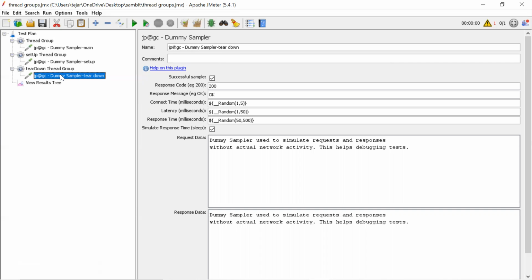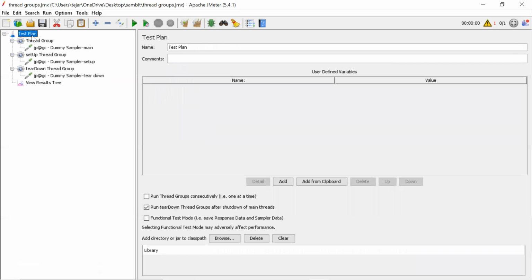No, didn't get you. If, instead of the setup thread group, we use 3 thread groups, one thread group could send data to CSV. We can do that as well. But what happens is, if you use normal thread groups for all 3, then you have to put them in a sequence order and run this option.